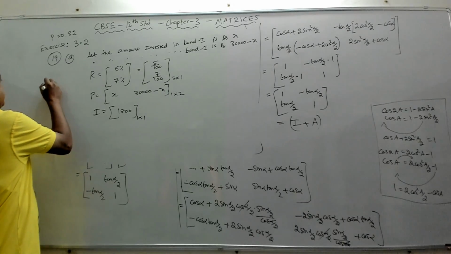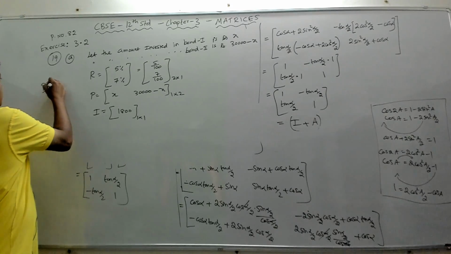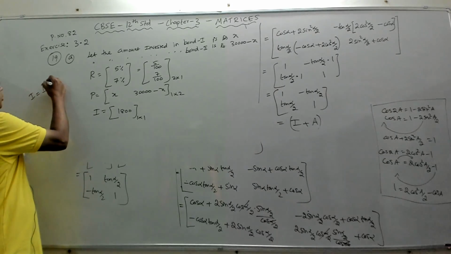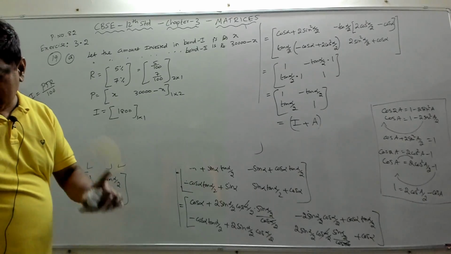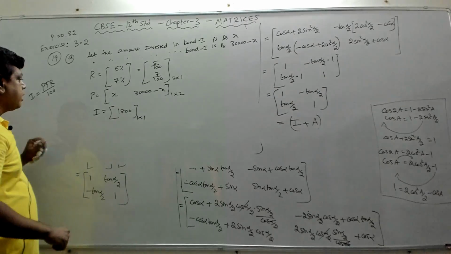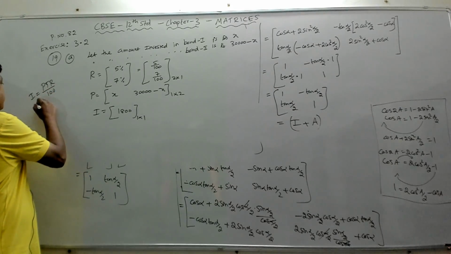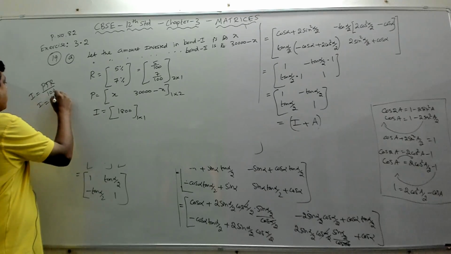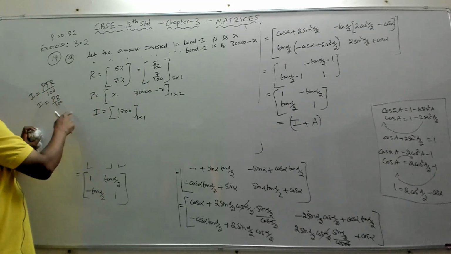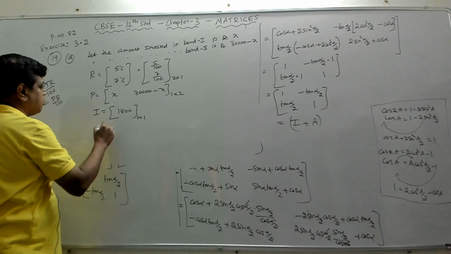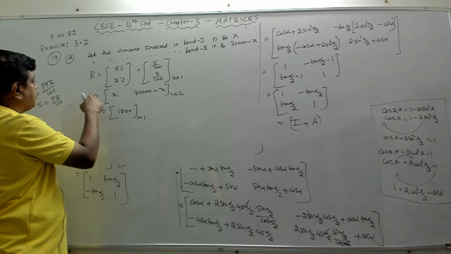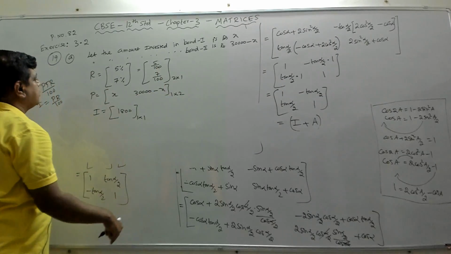The simple interest is PTR by 100, right? PTR by 100, that is our interest, SI. We have studied this in your earlier classes, right? So here the time is 1 year, because they said annual total interest. Annual means only one year. So T is 1, which means your interest is nothing but P into R by 100. R is already given in terms of 100, so it is just P into R. When you multiply this and this, that will be equal to the interest. Don't multiply R with P; we have to do P with R.